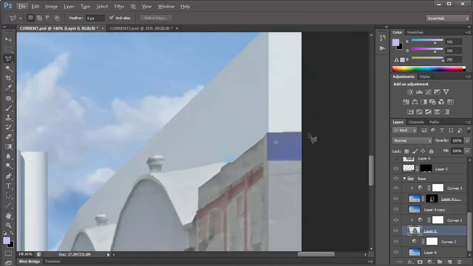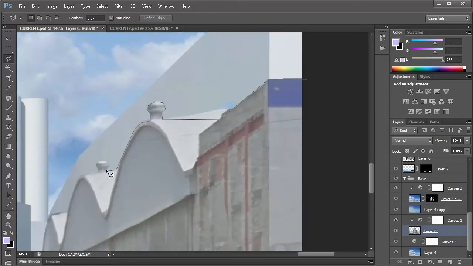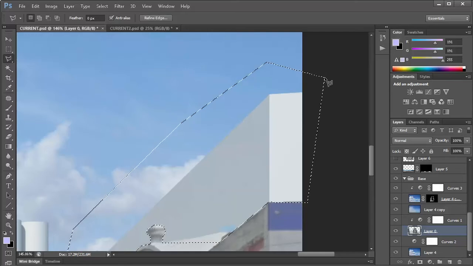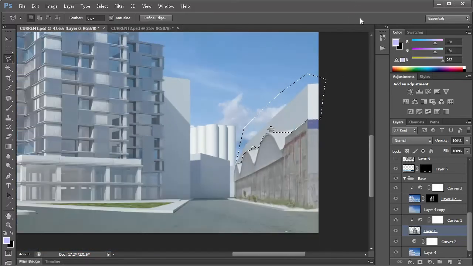And then you can just remove this. Again, more carefully than what I'm attempting here. And then just do this.